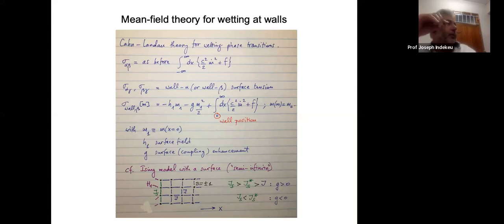And so instead of a bulk condition for x going to minus infinity, where x is a coordinate perpendicular to the surface, we need a boundary condition at the wall,